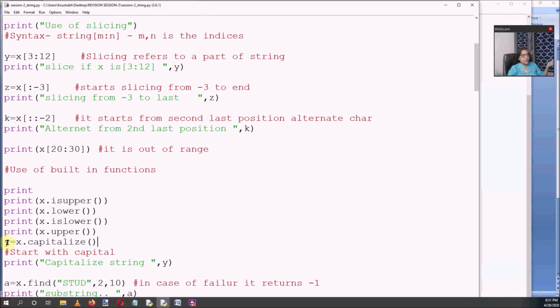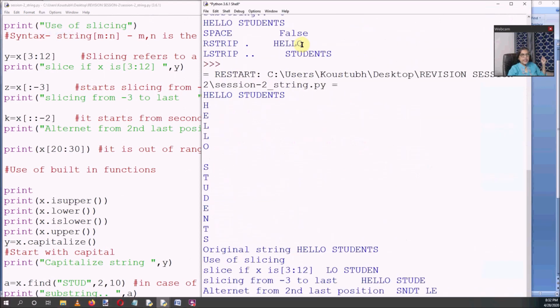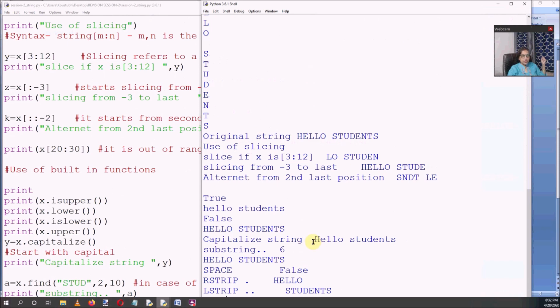You can store the result in another variable, so I have written y equals x dot capitalize. Now execute the program and see how it prints. See that only H has been converted into uppercase. The rest is in lowercase, in proper sentence order, and the first letter of the first word is capital.